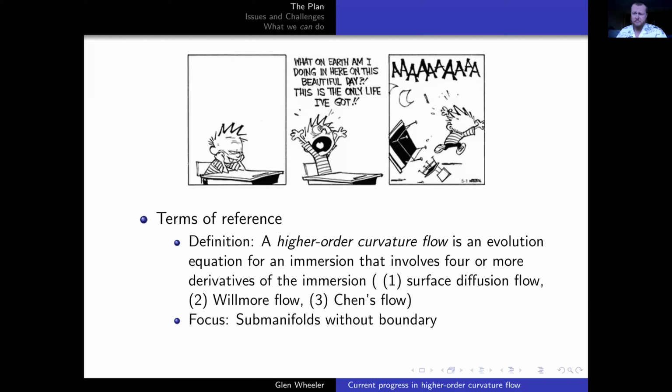I won't be talking about any of that. I'm also not going to be talking about anisotropy. There's a lot of papers on anisotropic versions of these flows. Non-local flows where you have either non-locality in the functional,